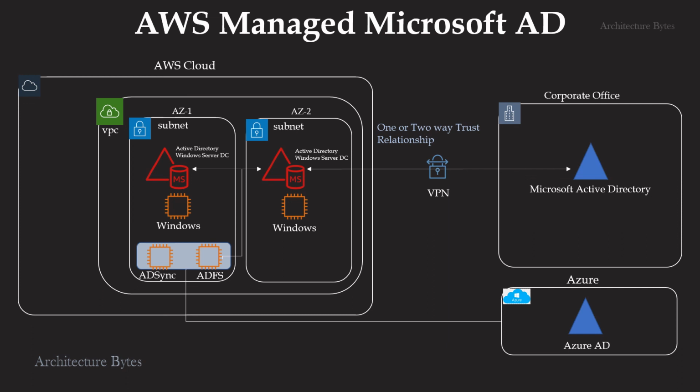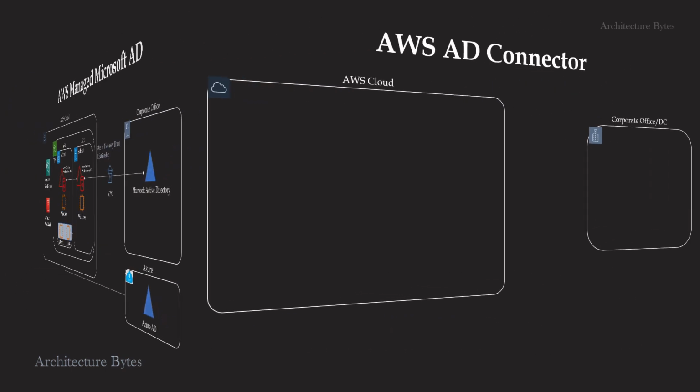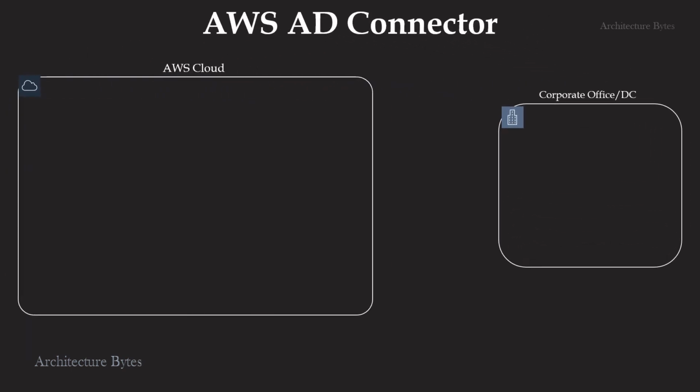AWS has many applications and services that support authentication and authorization using AWS Managed Microsoft AD. For example, Amazon Workspaces and Workmail. Let's review how we can use AD Connector. Here we have Microsoft Active Directory running in your corporate office or data center. All your corporate user accounts are with it, and you want them to access services in AWS without recreating these